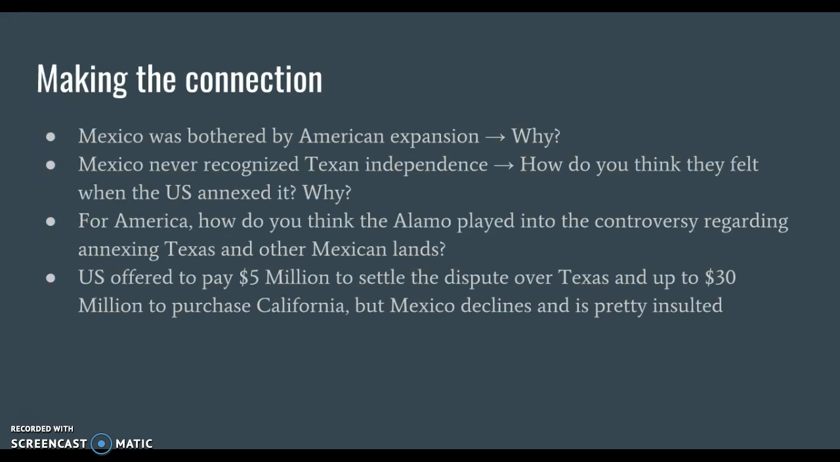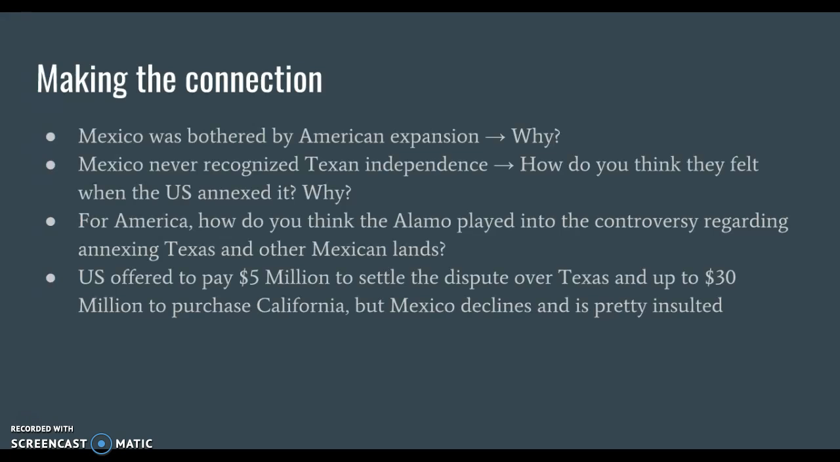Now, another essential question is: Mexico never recognized Texan independence. How do you think they felt when the United States annexed it? And why do you think they felt that way? Imagine it for a moment. From their perspective,